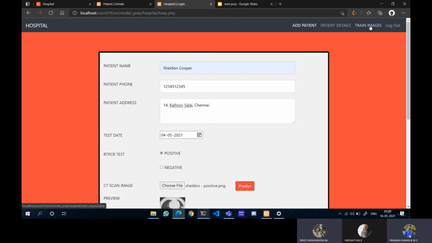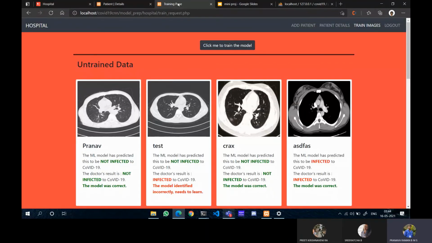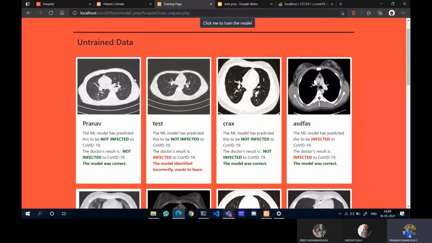So you have to train images, whatever the doctor has updated. So let's go to the training. In the train images section, we have the images that have been graded by the doctors, so that these images along with the doctor's result can be added to the dataset and the images can be trained.